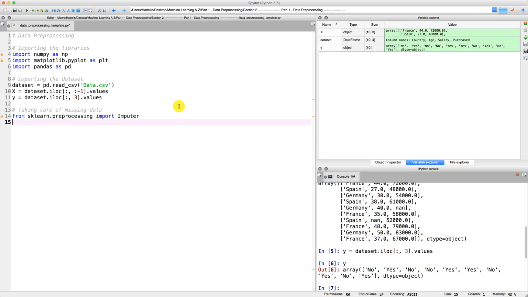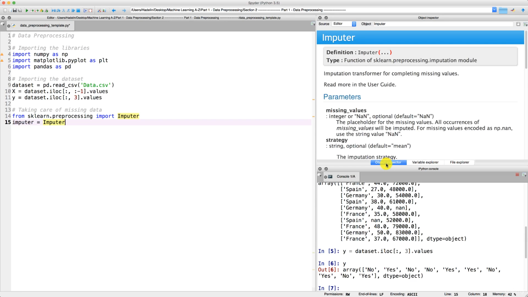Okay, and now that we imported the class, we now need to create an object of the class. So to create this object, we are going to start giving a name to this object, and we're going to call it imputer. Let's make things simple. imputer equals, and now we're going to call the class that we just imported, which is Imputer with capital I. And then now a good thing to do is to press Command I to see the object inspector here. Command I is like Command inspect. So we are inspecting the Imputer here to get some info about this class